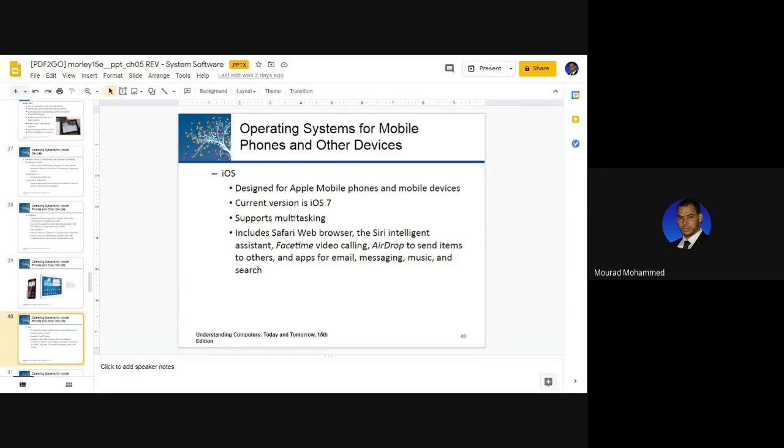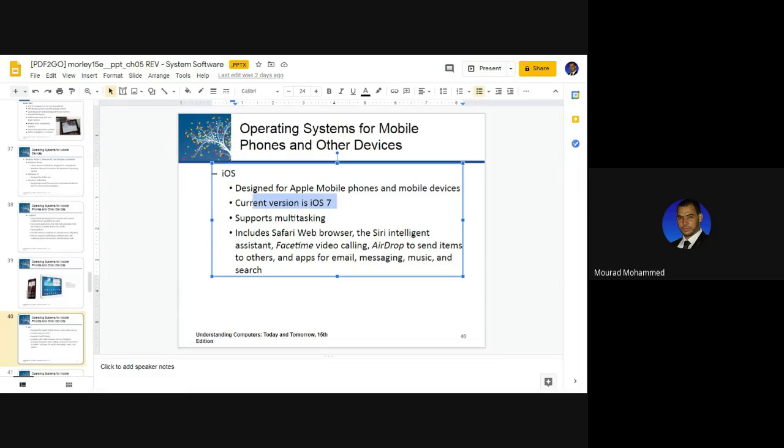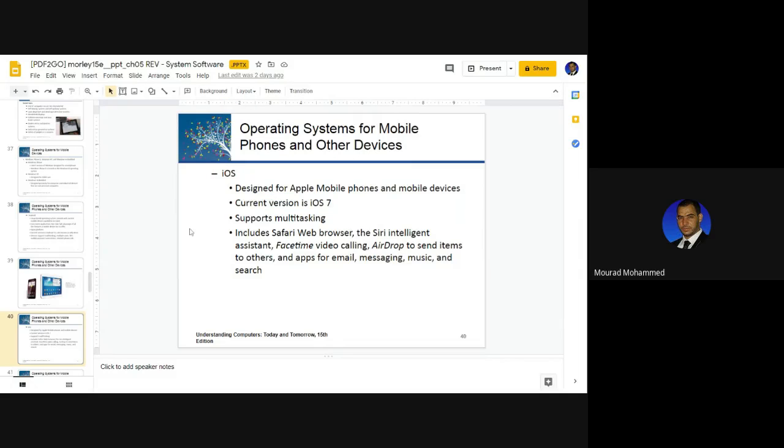A list of operating systems, a series of operating systems. At the date of the book, actually, the latest version available in the market was the iOS 7. At the date of the book, when the book has been actually written. This iOS actually